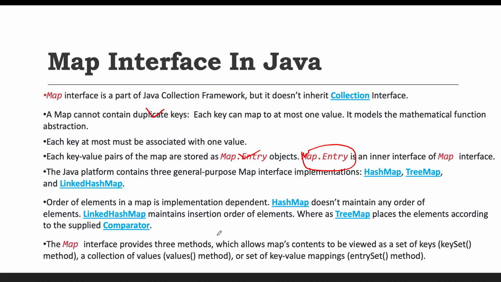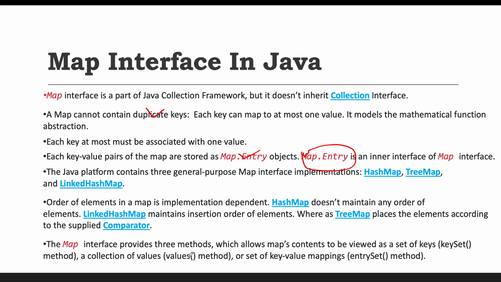The next important point is that inside the Map we have keys and values, and there are different methods available. Basically, there are three most important methods which are used frequently. We know that a Map stores the value in a key-value pair. Let's say we want to get all the keys available inside the Map. There is a method called keySet, which returns all the keys available. Similarly, there is a method called values.